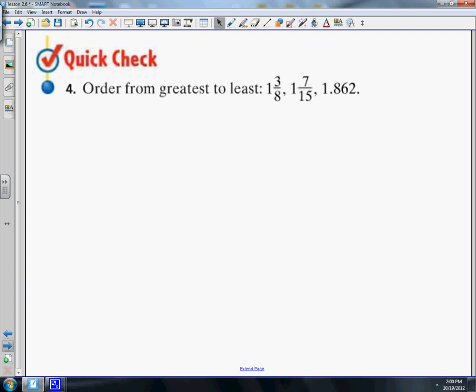Now that we know how to convert fractions to decimals and decimals to fractions, let's try to solve this problem right here. We want to put these 3 numbers in order from greatest to least. So I'm going to take a look at these. And right now, all I'm really worried about, since all the numbers out in front are 1, is the fractions and the decimal. If I look at 3 over 8, I can see that's less than a half. I look at 7 over 15, and that's more than a half. So I already know, just looking at the numbers,